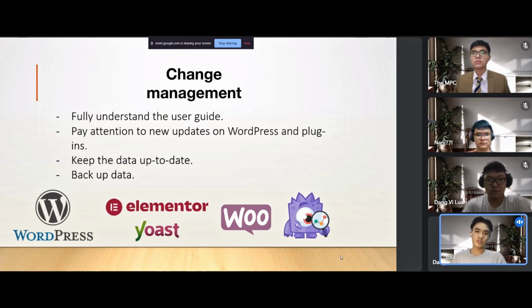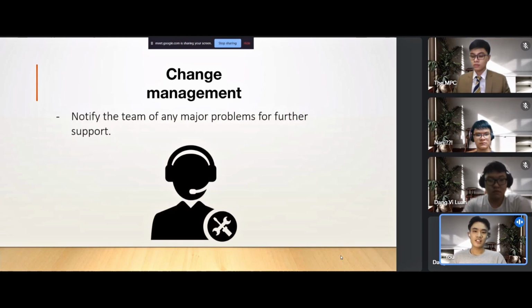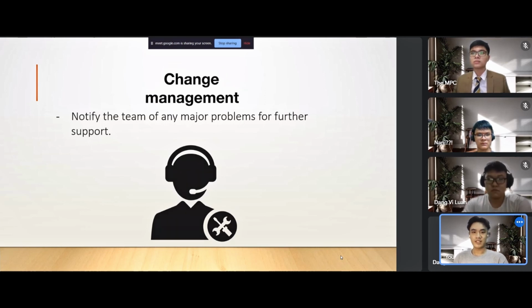The next thing will be to back up data constantly to prevent any occasion of server crash or hacking. And the last thing will be to notify our team of any major problem when running the website, so we can provide further support. That should be the next part of our presentation, which is the recommendation for the future, will be presented by